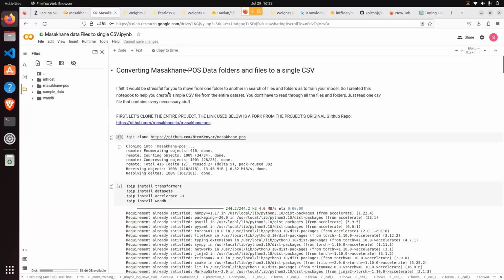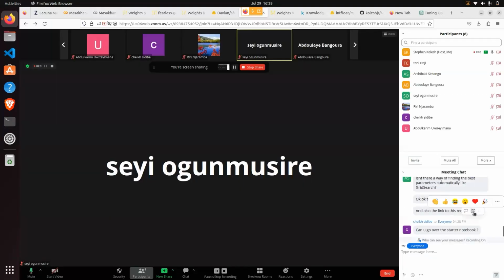The starter notebook. Wait, which starter notebook? This one which you have created or the other one on GitHub? If it's the other one on GitHub, bro, that's too complex. Too complex. Yeah, I try to go for a much simpler approach, but I think if you wanna fight, because